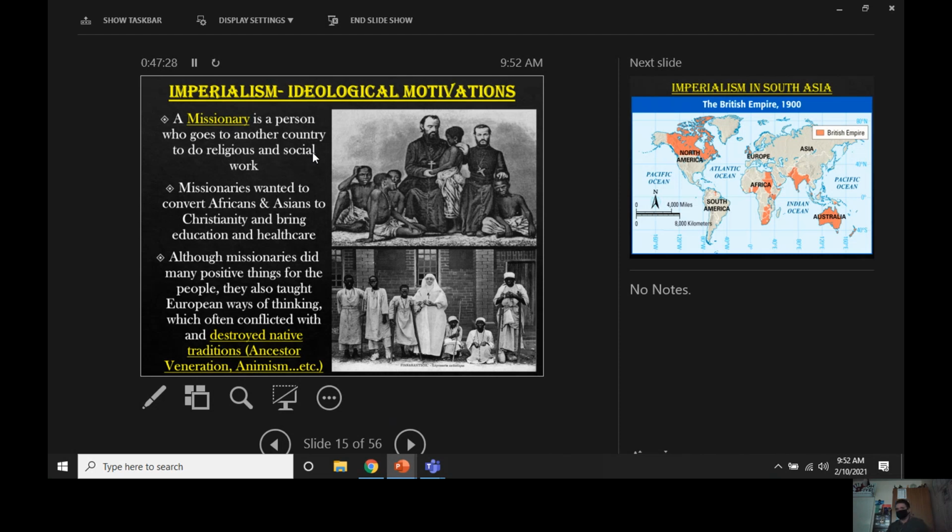So those are our motivations. Tomorrow, we're going to go to specific spots. We will first talk about South Asia, mainly India, but also Pakistan and Bangladesh and places like that. We'll then briefly get into Southeast Asia, Indonesia, Vietnam, Laos, Cambodia, a lot of those places. And then we will get into Africa, which we're probably going to spend the most time on because it's definitely the largest geographic area that got influenced by all of this. We'll work on this tomorrow.